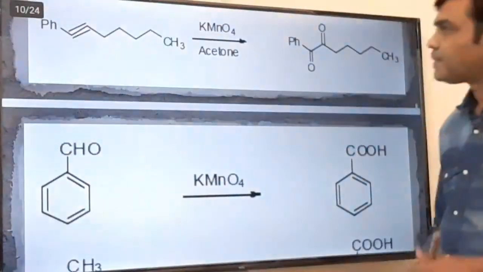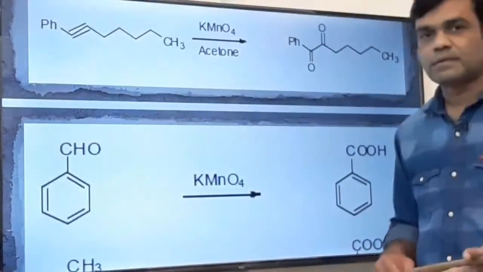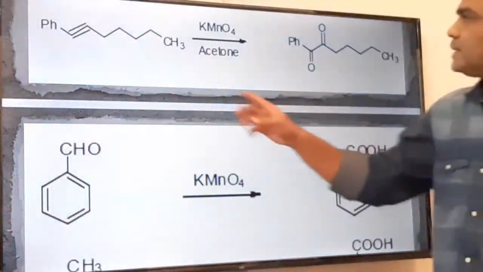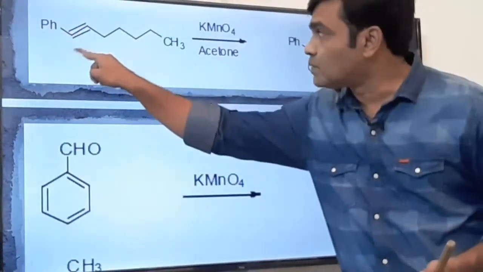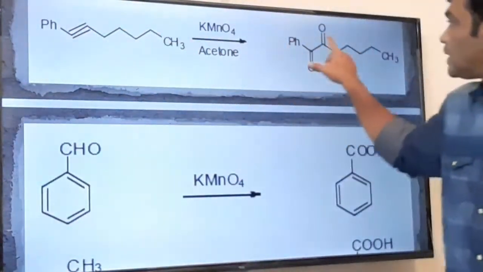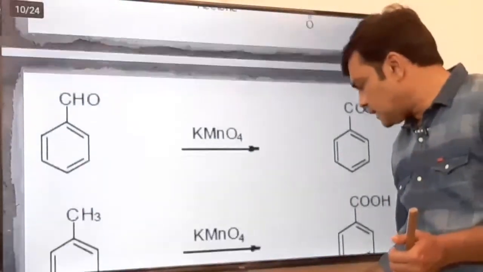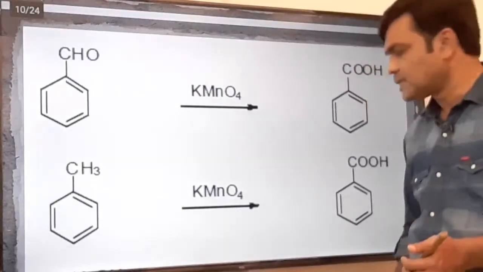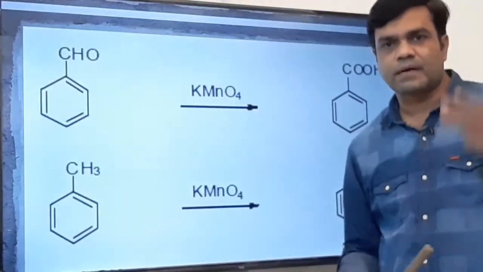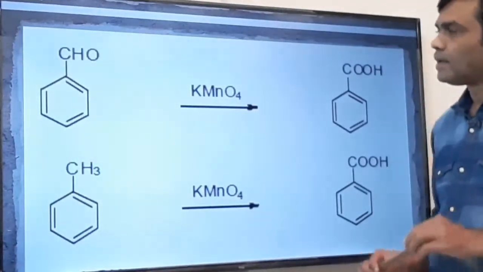See, this is the example of a carbon-carbon triple bond. What will happen here in acidic condition, in neutral condition with potassium permanganate? There will be the formation of diketone. 1 pi bond, here C double bond O, C double bond O, a 1,2-diketone will form. These are the examples which we have discussed, the diol forming reagent, means across the carbon-carbon double bond addition of 2 OH groups in cis fashion.